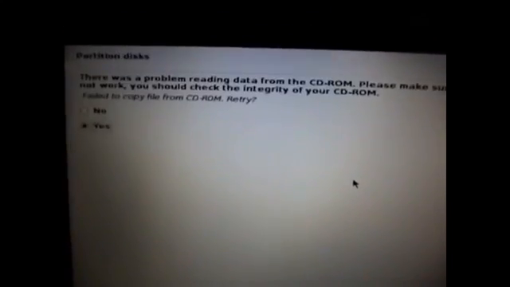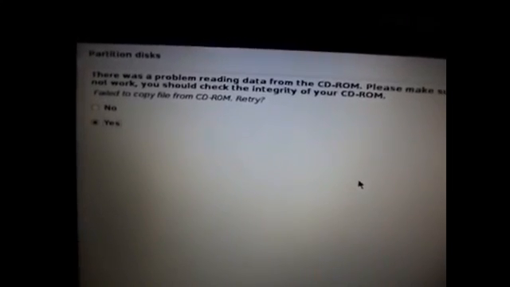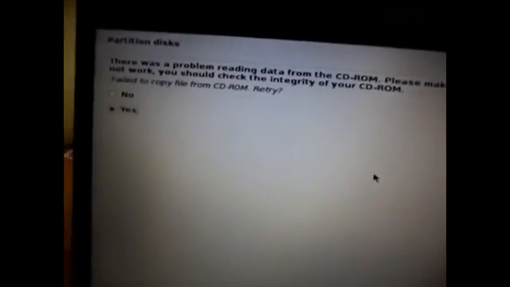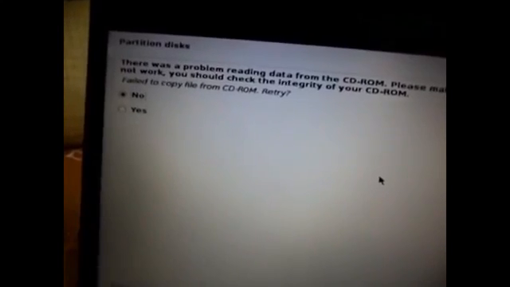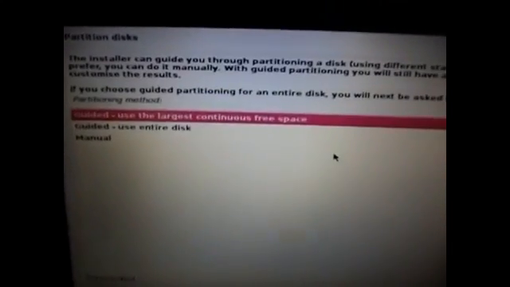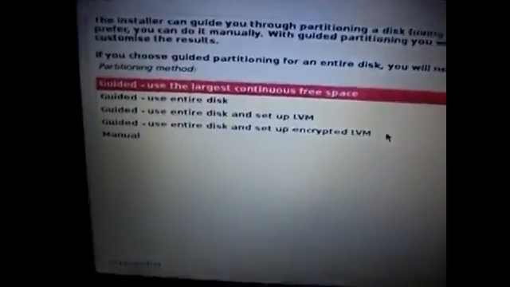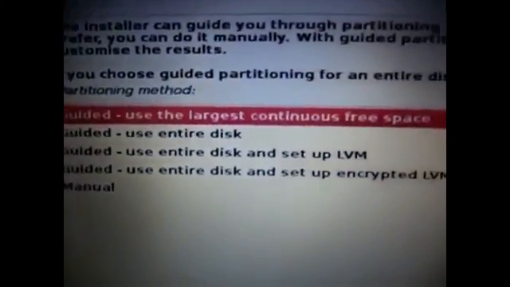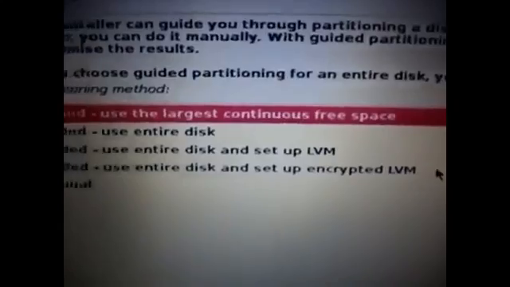And if at all you get any error like this, do the same fix that we have done before. Remove your USB, place it again, and select no and click on continue, and then it says starting the partitioner. Now here from this list of options, you have to choose guided, use the largest continuous free space,